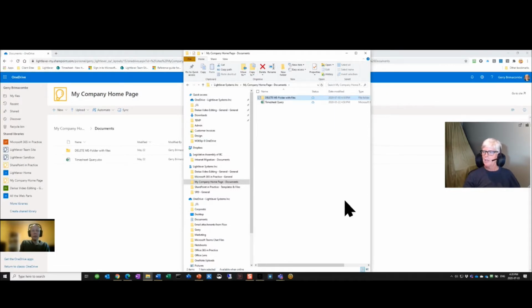OneDrive has a very interesting feature where it manages your local storage. When you synchronize the library to your local computer, it doesn't download the files. It just grabs a copy of the directory listing of the folders and files, not the actual files themselves. The file is not downloaded to your computer until you open it locally, or if you right-click and specify, always keep on this device. So if I were to go into delete me